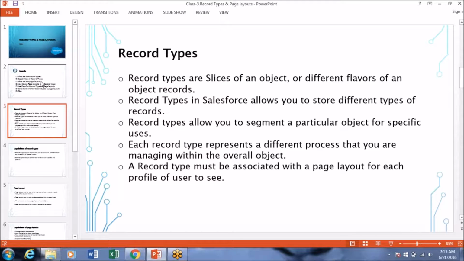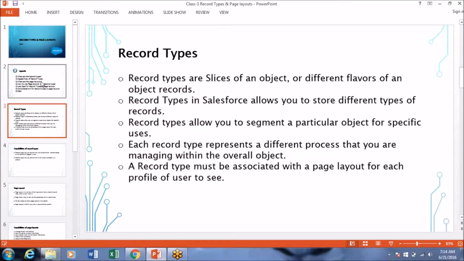Record types in Salesforce allow you to store different types of records. It divides the records into different types in an organized way. What we store in the objects are records, in the form of fields.